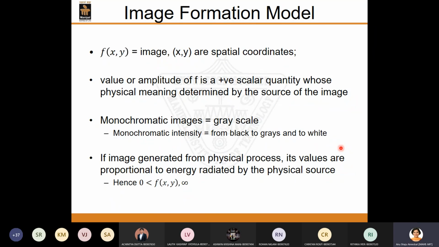Okay, so an image can be denoted as f of xy, where x and y are called the spatial coordinates. And f is basically the image that you have, right? So you can represent the image in the form of a matrix, where each of the matrix elements would specify the intensity value of each of the pixels which are present in the image, right? So when you're trying to make any kind of changes, when you're trying to process the image,